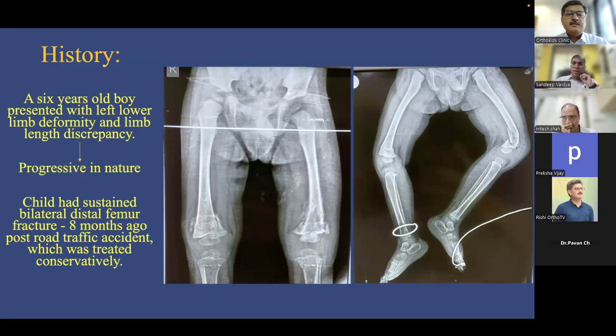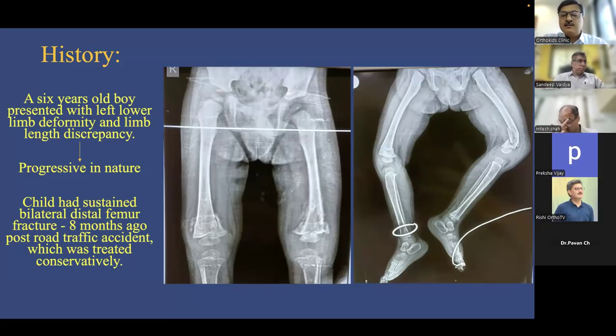Another thing about immobilization in extension: if there is a significant popliteal fossa edema, then that can be problematic applying a cast in extension. So that is one factor I would look at. I agree with you absolutely. And you can see on the left side there was quite a bit of swelling, and when a child sustains this injury, it's a high velocity injury. So the surgeon probably applied the cast in flexion, applied the plaster, and then the patient came to us,